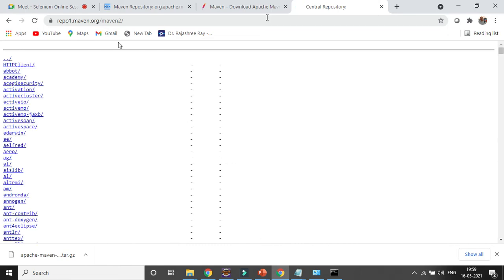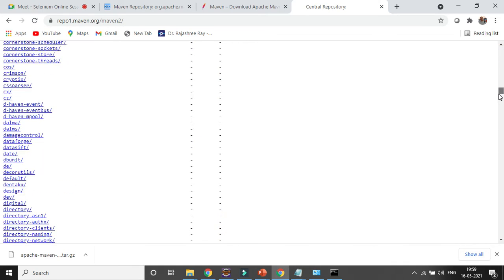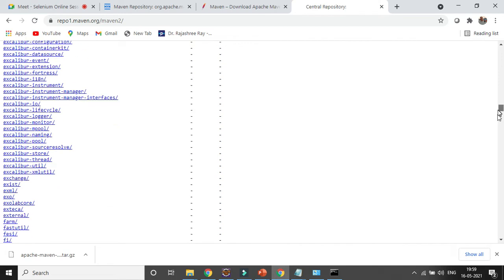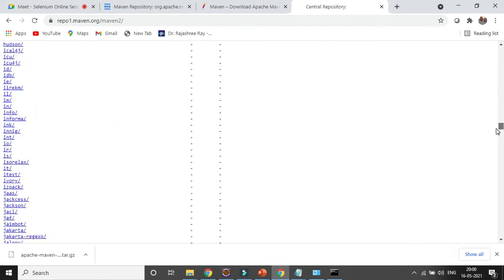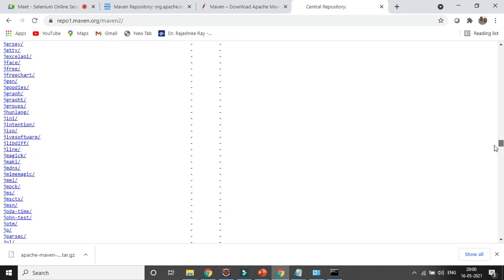Here also you can get everything, all the jar files, whether it is Selenium HQ, or whether it's ORG, we are getting everything from the ORG file.